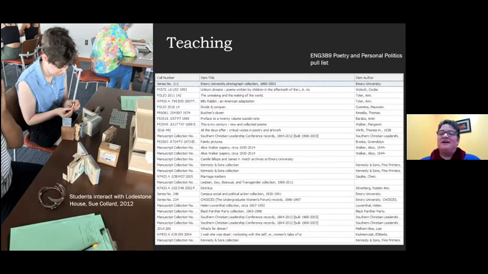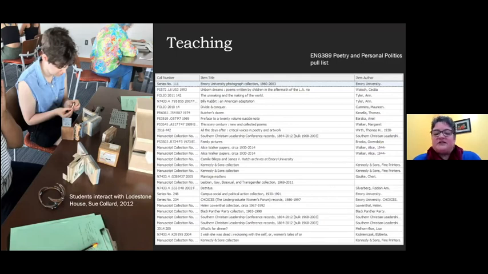On the right, and this is one of my favorites, this is from one of my instruction colleagues, and this is the pull list for an English class called Poetry and Personal Politics. If you look down the list, you can see that several of the materials are manuscript collections that we have in our archive, like the Alice Walker papers and an LGBTQ collection.